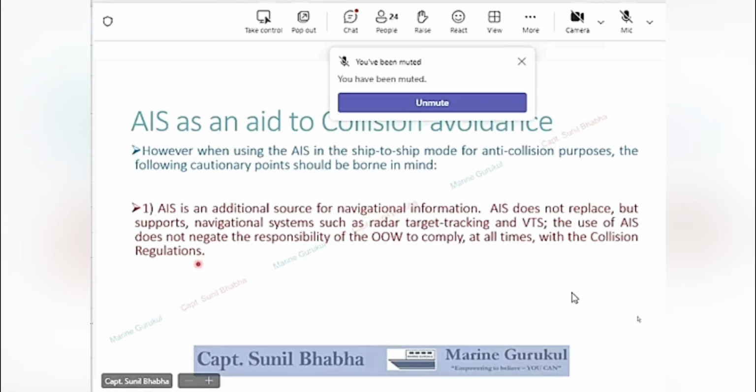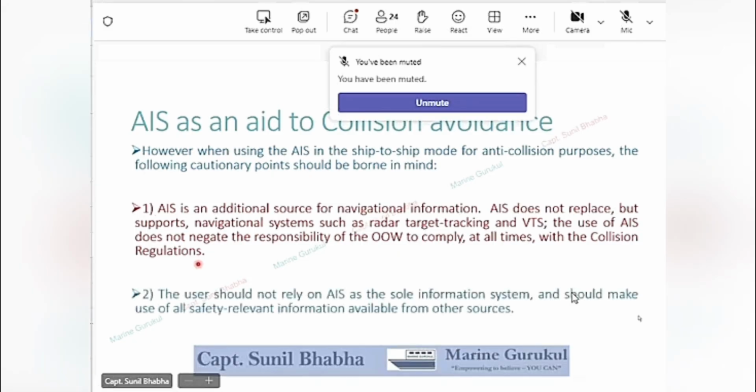So AIS is an additional source and it cannot replace the existing navigational systems. The user should not rely on the AIS as the sole information system and should make use of all safety relevant information available from other sources also.